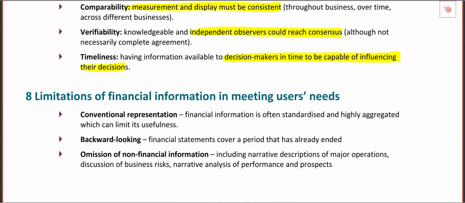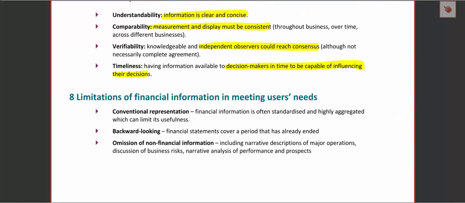Okay. Finally, at the bottom here, we've got a few limitations of financial information. So we've spent the chapter so far talking about why financial information is so useful, who needs it, what they need it for. But we really do need to consider those limitations too. So let's just go through those 3, and then that's the end of chapter 6. Okay, let's just make that bigger again.